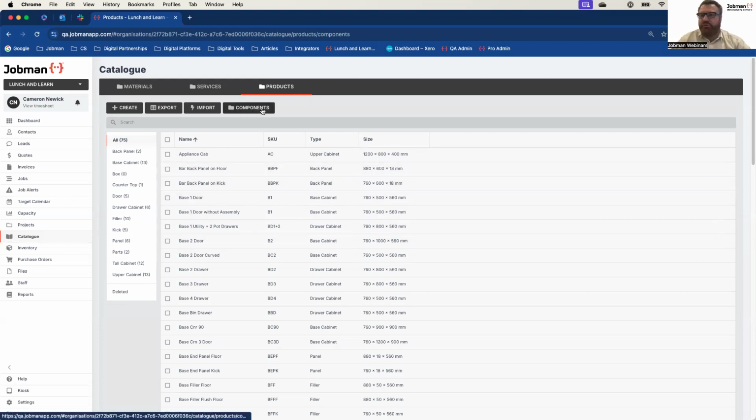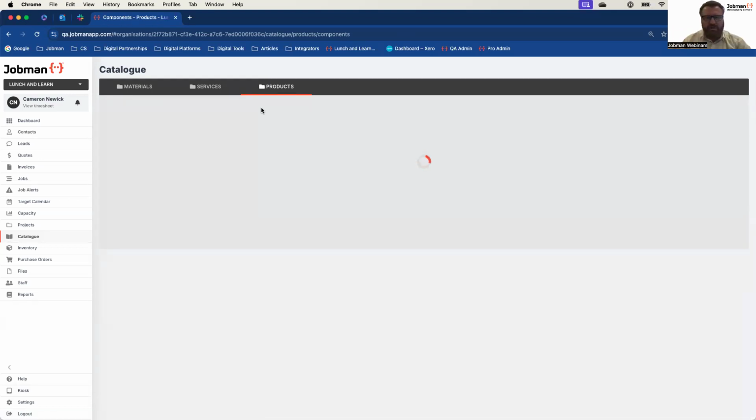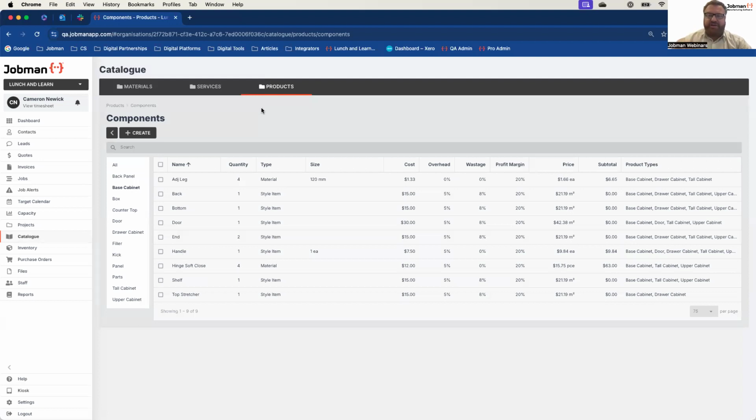So that's part one. Part two to products is components. Now, you do not have to use components in our system. You can simply go into a product, create a product, add a part, add some labor. You're off, no problems. So if your product, for example, is a top, you produce tops, whether it be bench tops or tops in steel or tops, whatever you make them for. So for you, your products are very easy. They're height of the product, by the width of the product, by the depth of the material. That's it. And then you have operations for cut, edge, assemble or dispatch, and CNC coding. And that's it. That can be a product.